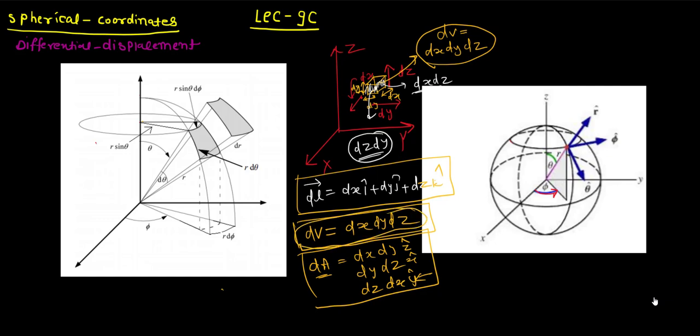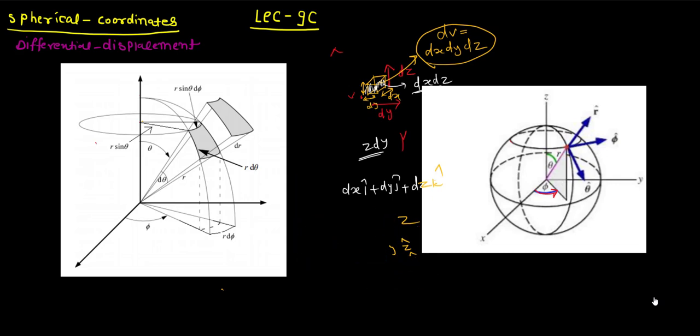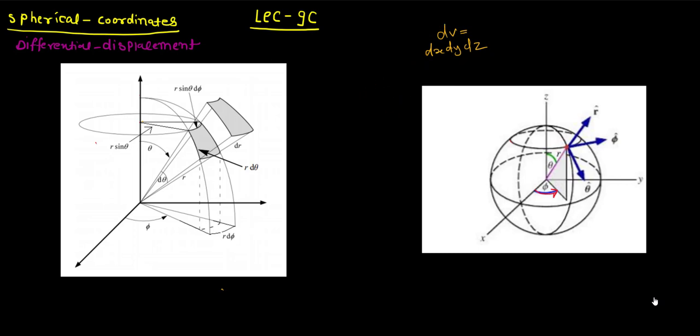Now similarly, let's talk about these factors for the spherical coordinates. Let me remove these things just to make the space. First of all, we will calculate the length of the elements in the individual direction. What I mean is, if I am going in the r direction, then what will be the length of this small element? Let's say initially I am at this point.